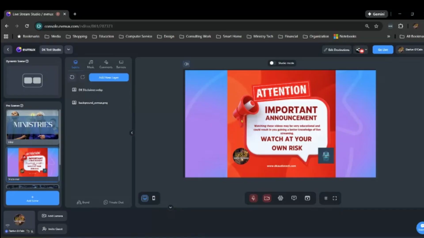Okay, so we have a background and we have an image. Keep in mind that these are both just static images and they have nothing tied to them that can help us control our auto switching. So to do that, we need to add a timer element to this. So I'm going to go again to add new layer,